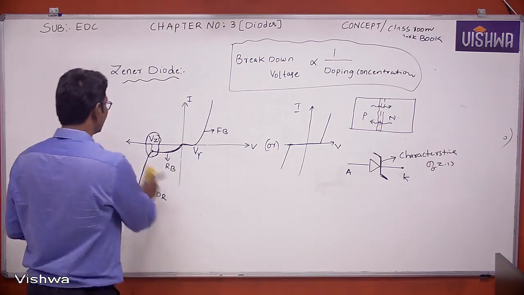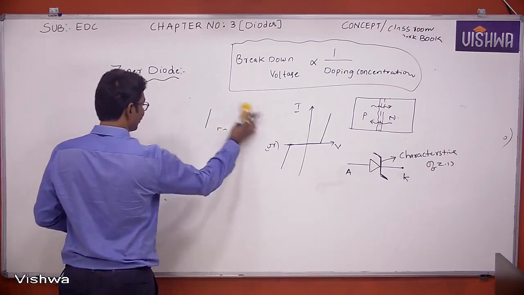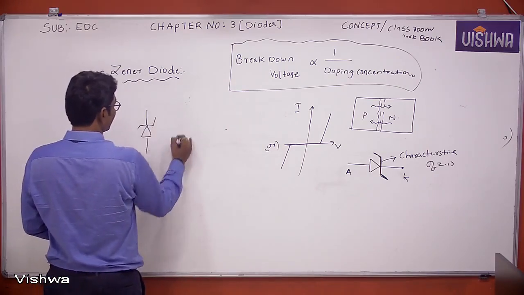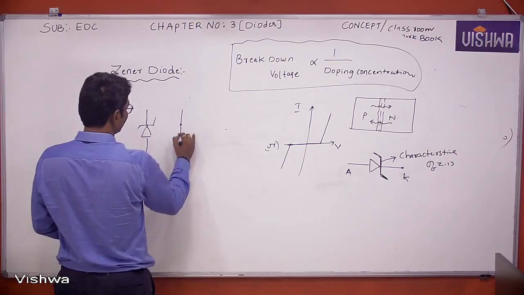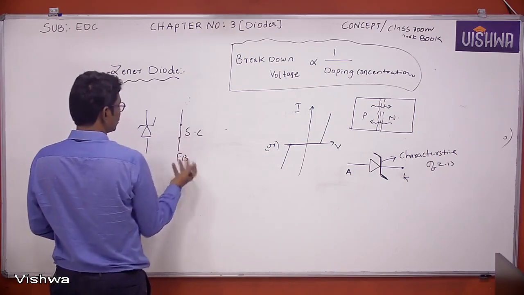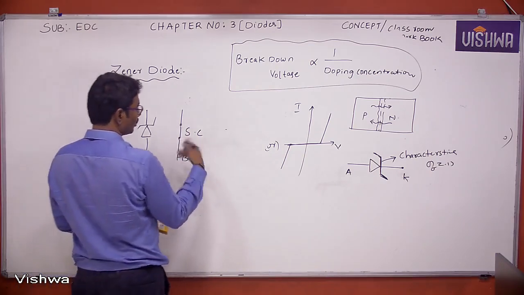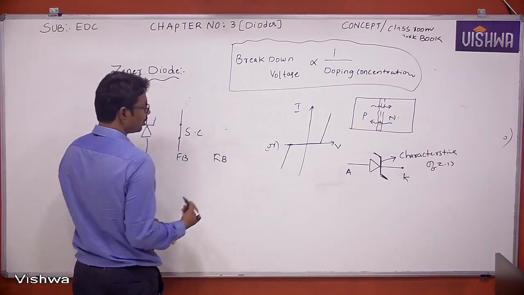See the equivalent circuit in forward bias and reverse bias. When the Zener diode is operated in forward bias, what is the equivalent circuit here? Short circuit, because whatever characteristics a normal diode has, the same characteristics apply. That's why the equivalent circuit is the same. When the Zener diode is operated in reverse bias, what is the equivalent